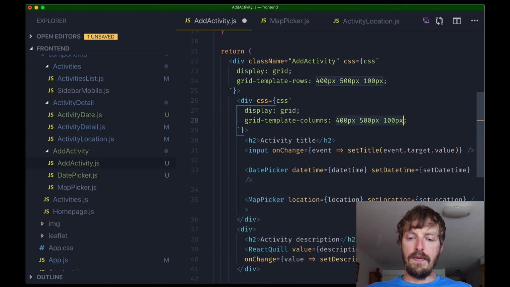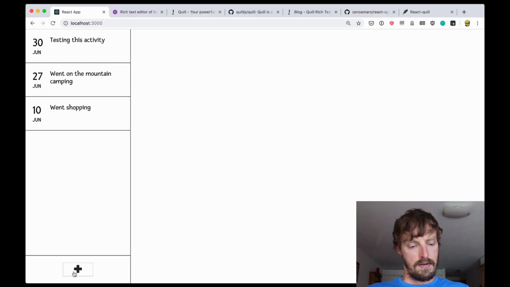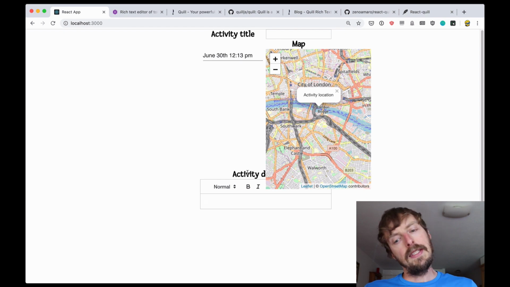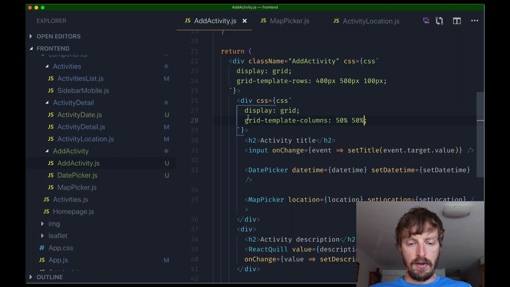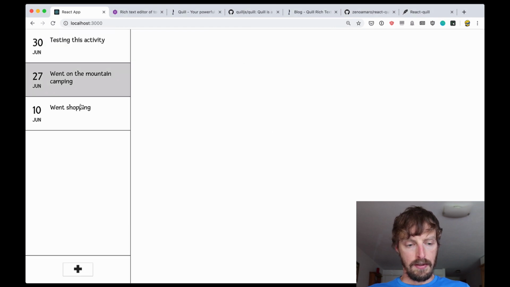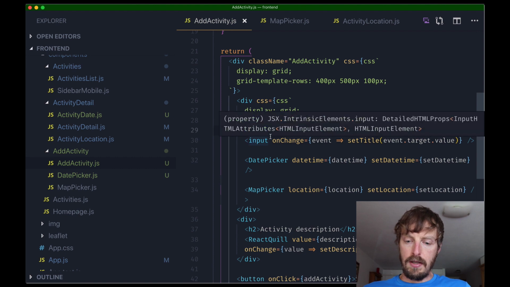Columns, we have like a 500 pixel column. Maybe we can have like 50% and 50%. Alright, so the editor appeared again. It was under the map, that was the problem. Yeah, we can remove the activity title here because I don't need it. The string, and then